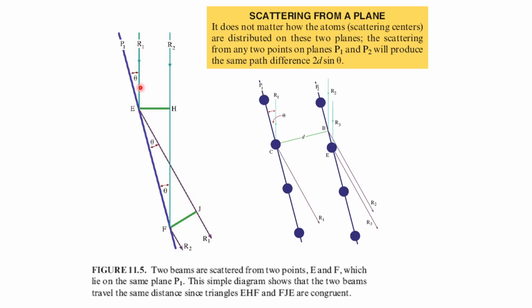So if the incident radiation is being scattered from one single plane only, with two different atoms in the same plane, then what will happen? Basically till now I discussed when the scattering is taking place from two different planes having a d spacing of d between them. So if two beams are scattered from two points, like in this case point E and point F, which lie in the same plane only, this P1,